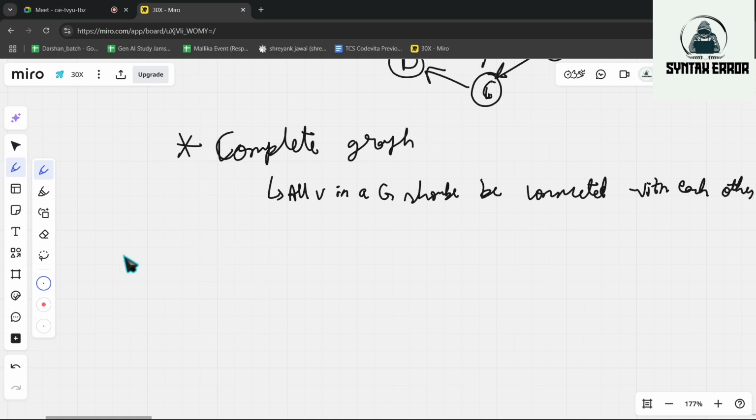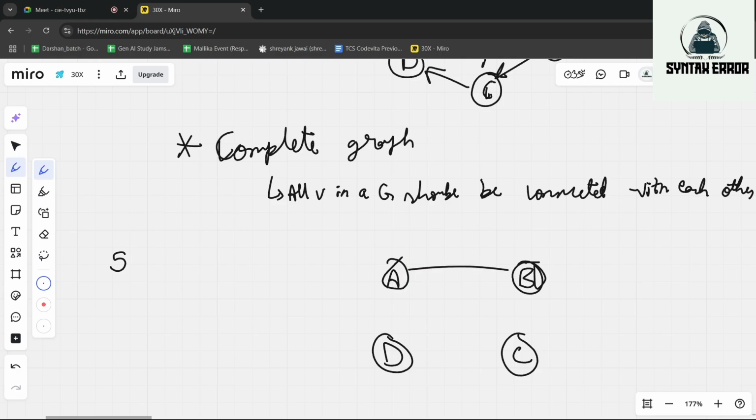So for example, if we are having 5 vertices in a graph, each of these 5 vertices should be connected to each other. Let's take 4 vertices A, B, C and D. A should be connected to B, C and D. Likewise, B should be connected to A, which we have already connected, and to C and D. Likewise, C should be connected to A, B and D. Likewise, D should be connected to all of them.